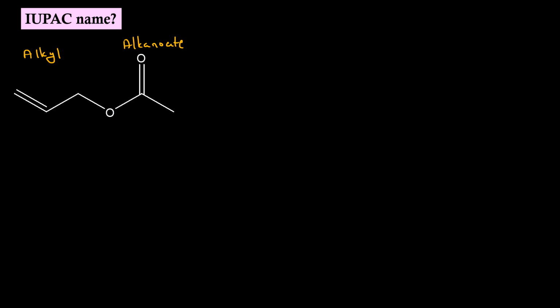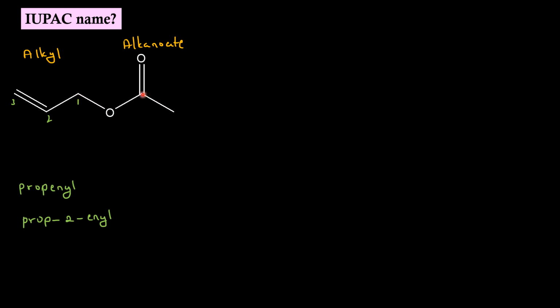Now if we number the alcohol part, lowest possible number to this carbon, in this case 1. Roughly, the name of this portion in alkyl format is propenyl. But we should be specifying the position of the double bond. Here it is 2. So we should write it more specifically as prop-2-enyl. We need not tell the attachment to the oxygen because it is 1.